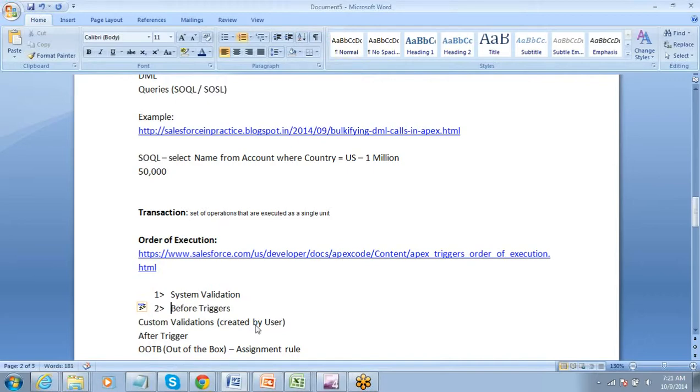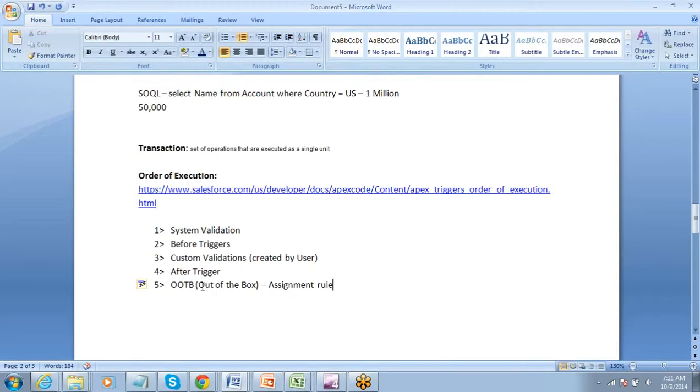So if there is an issue with the system validation itself, then it never goes to before trigger. Alright. So this is the order.